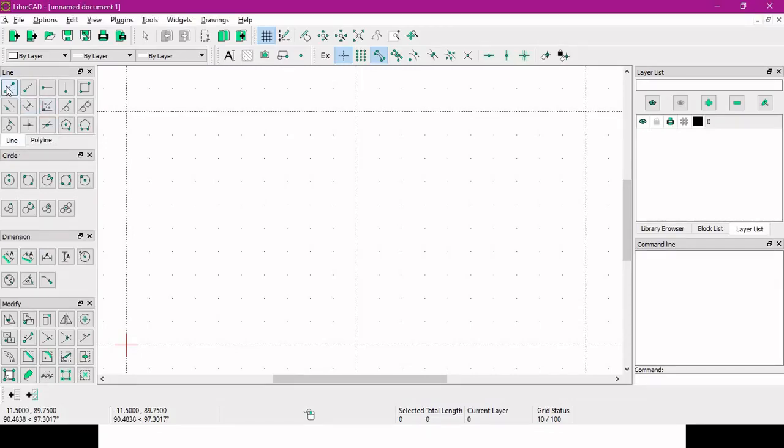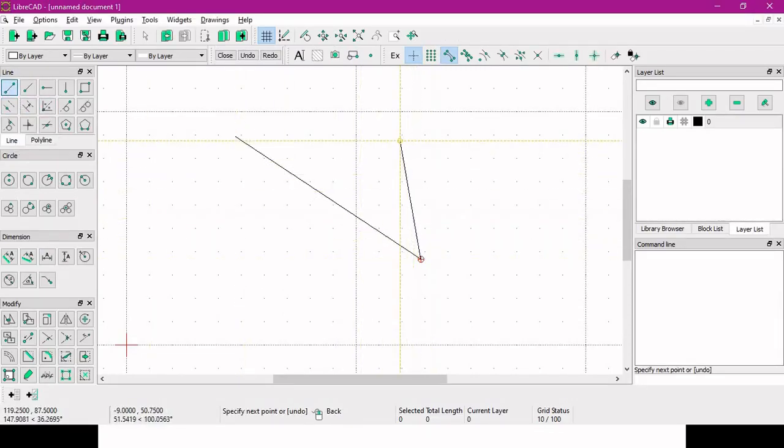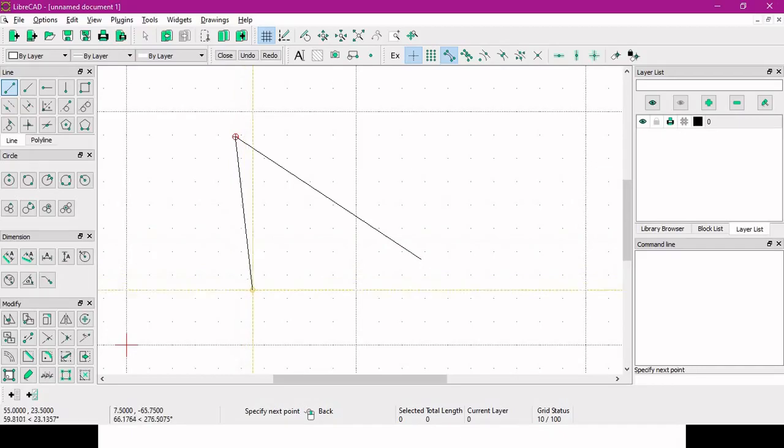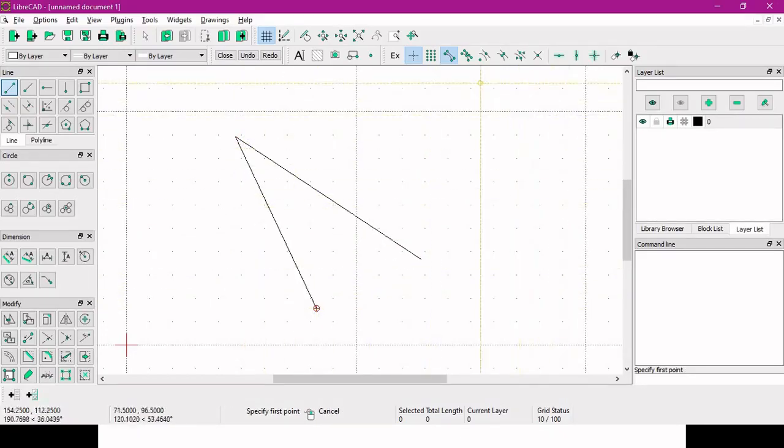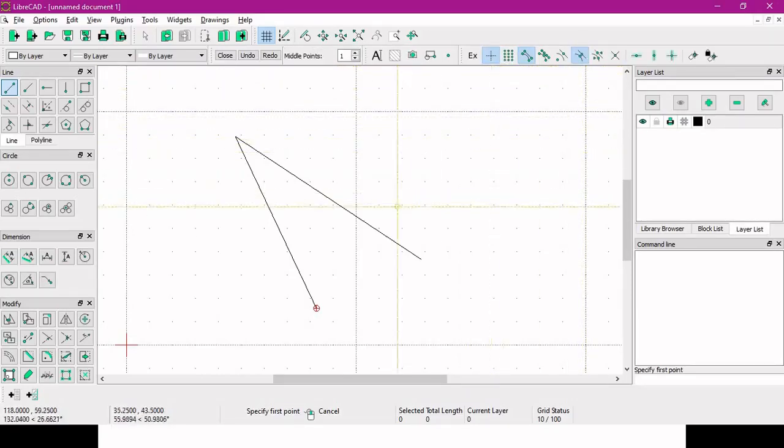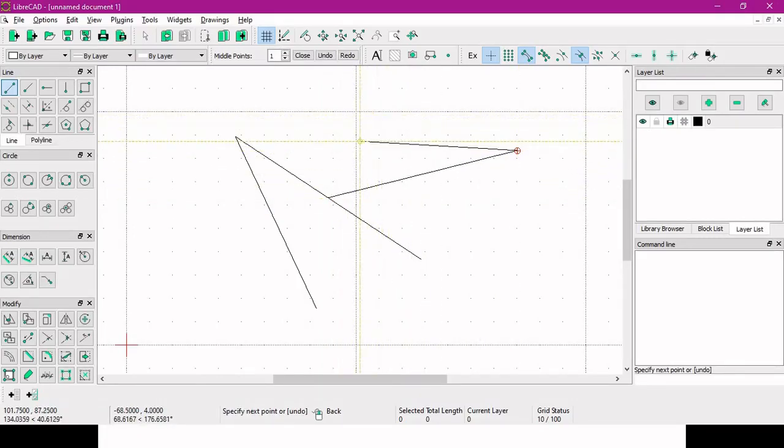Suppose here we draw a line, say from end to end, one line we draw. Then if we want to directly create another line or start a drawing from this end point, then we can choose this snap on end points. It will show directly the end point and you can click from that point. Similarly here it is snap on entity, or here snap on center, snap on middle. Let's use snap on middle. If you press, then it will show the midpoint of the line. From there you can draw some other lines.